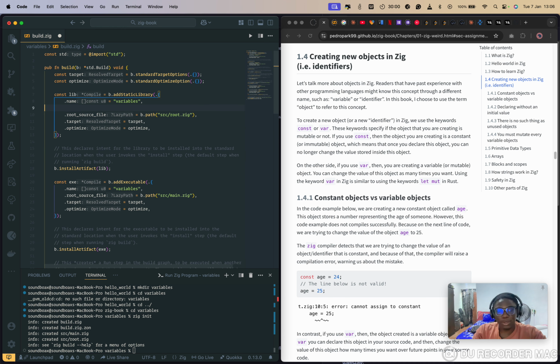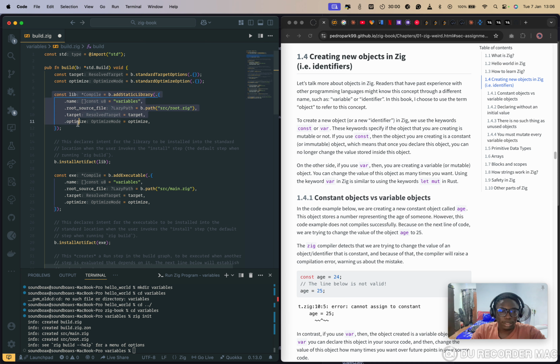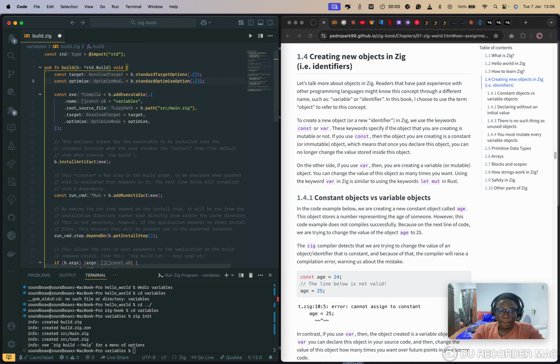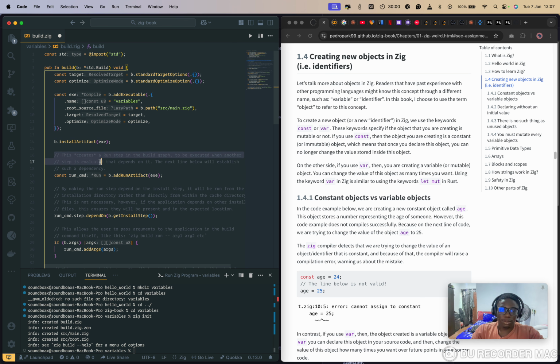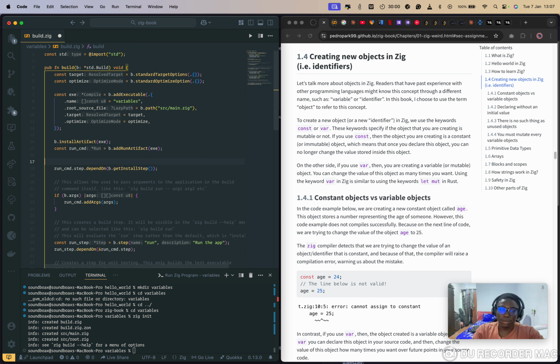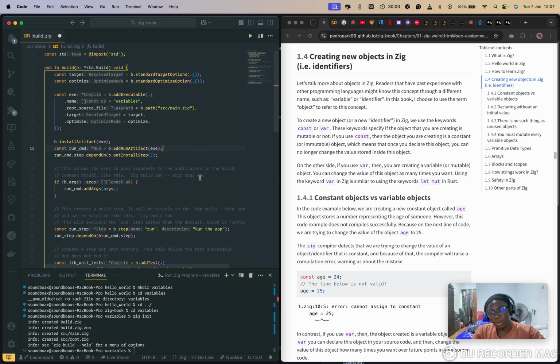Okay. Because we are not building a static library, we really don't need this particular static library build. So we can remove that and also remove it as an artifact. Then we can leave the executable because we will be running just the binary objects. So we'll leave that. So we have the binary install, then we'll leave the run command. And since the run command is also dependent on the build install, we can still leave that. And we're not passing any extra argument as of now, so we don't really need this, but we could still leave it